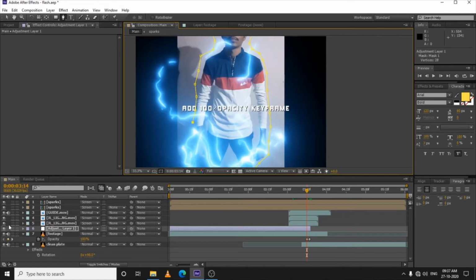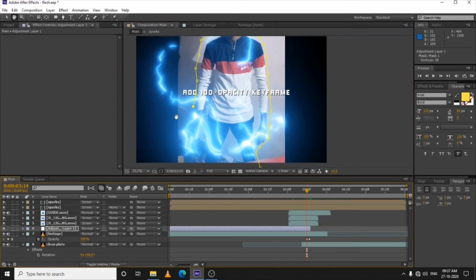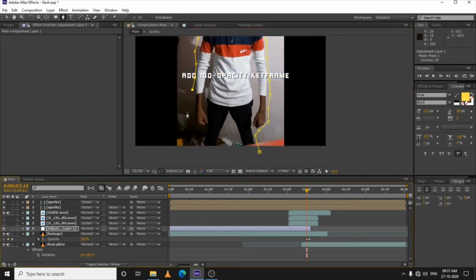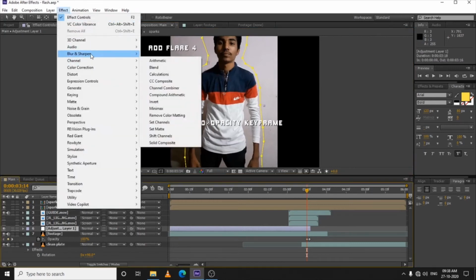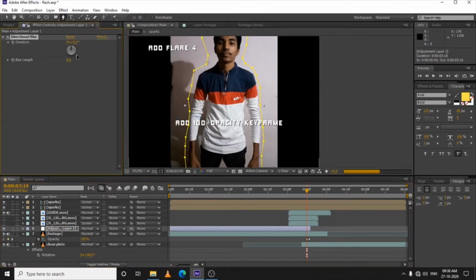Let's just turn off these layers for now. Okay, done. Now select the adjustment layer, go to effects, blur and sharpen and directional blur.